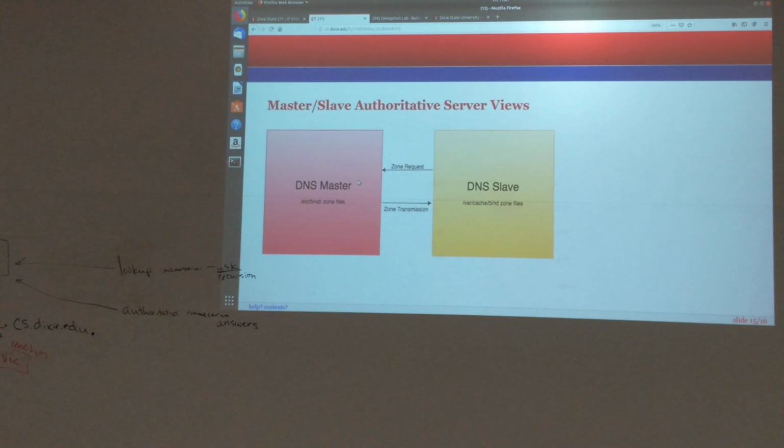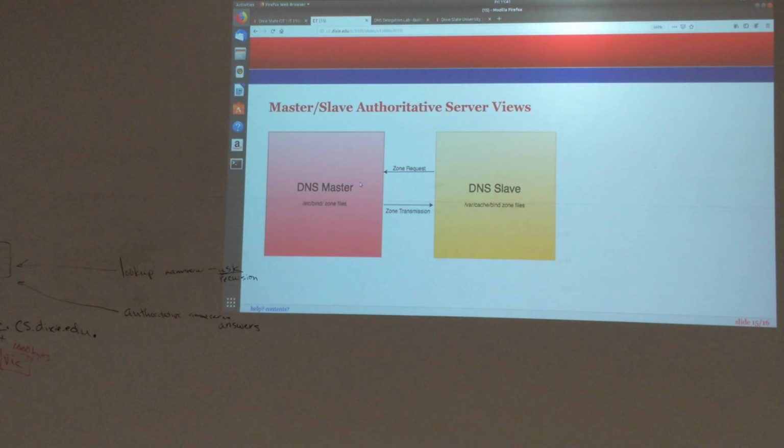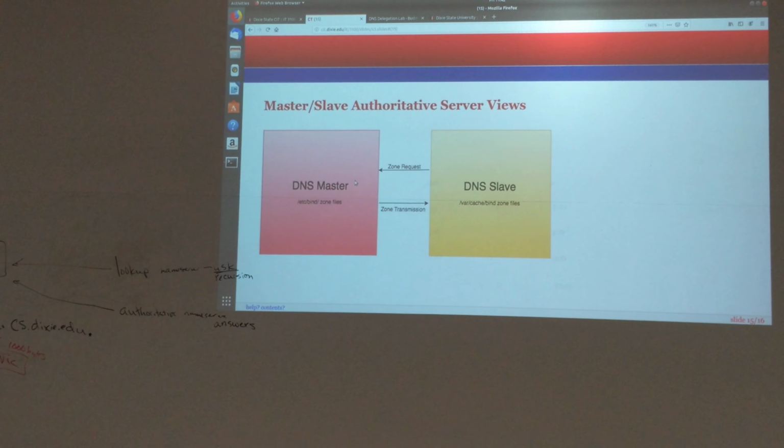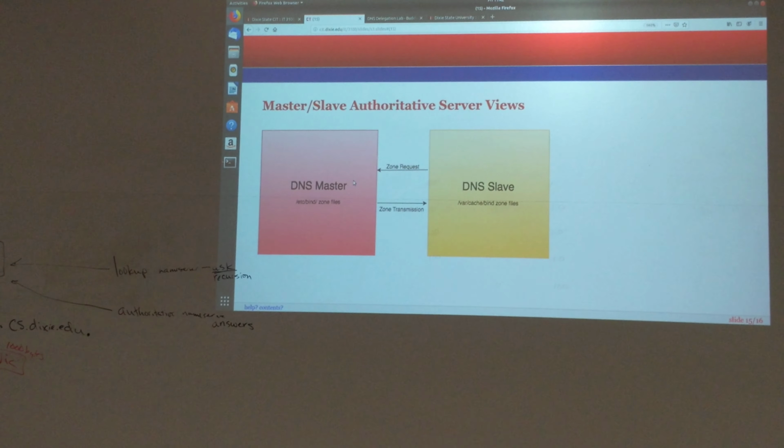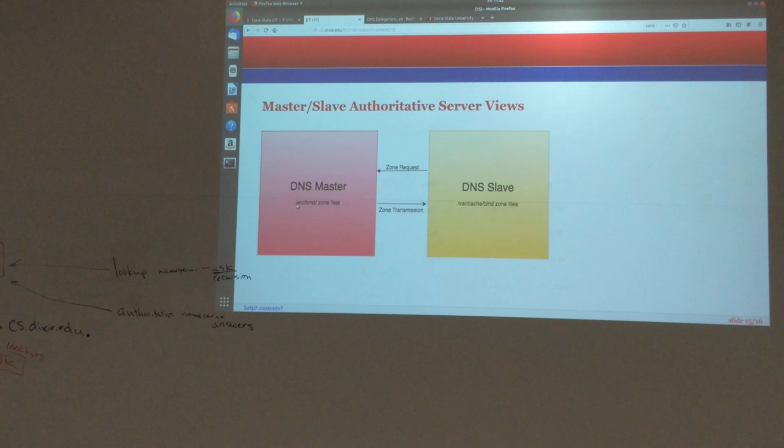But the master is where we will make most of our configuration changes. Anytime we add a new record that we want DNS to be aware of, it will be added on the master inside of the etc bind directory somewhere. We will maintain all of our zone files. Periodically,